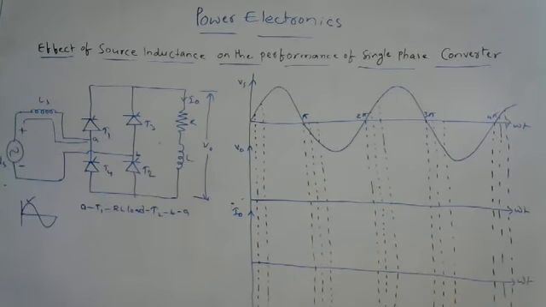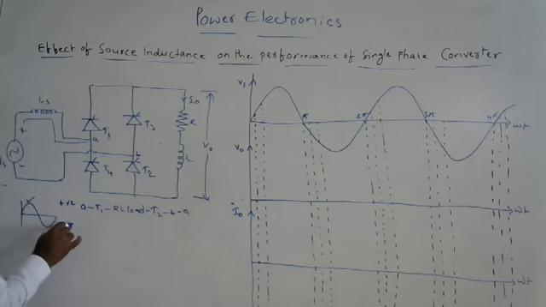But what you are trying to do here is you are taking that as a constant current. As we know, the inductor doesn't allow the sudden change in current, but we are taking it as a constant for the analysis of this particular circuit. So this is for the positive half cycle.